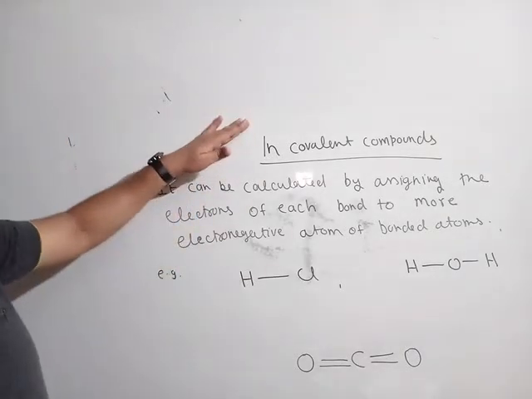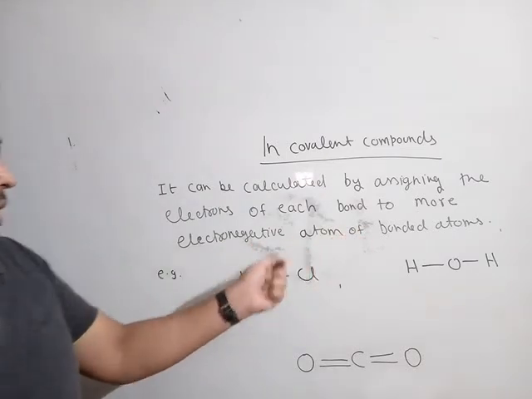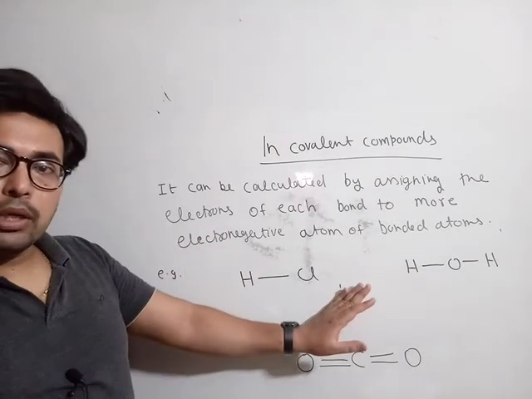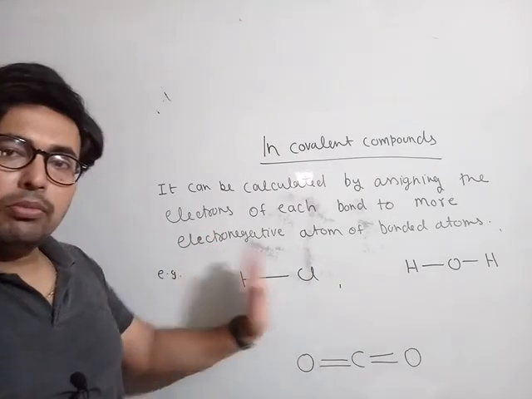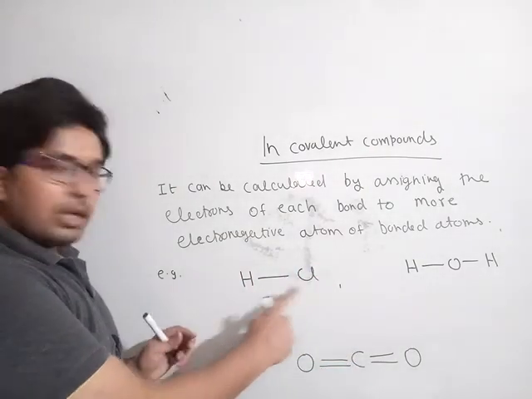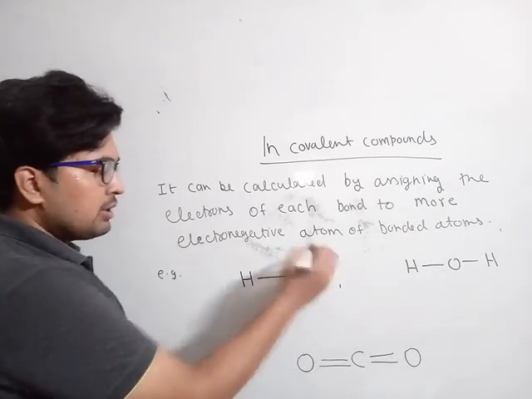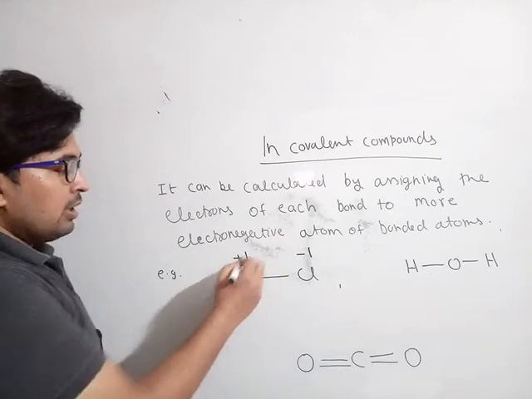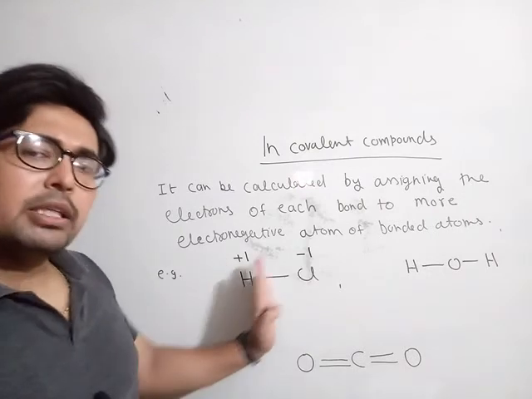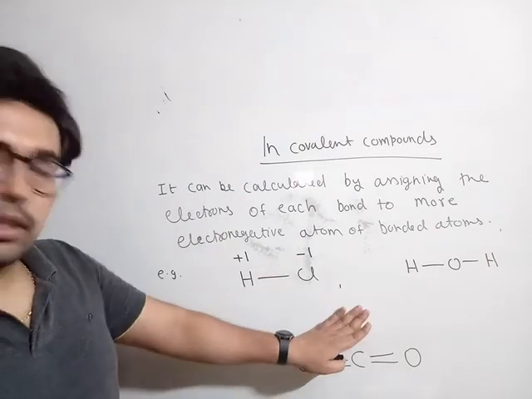In covalent compounds, we can assign numbers from the less electronegative element to the more electronegative element, or from less non-metallic to more non-metallic. As we can see here, we have one bond between them. In HCl, chlorine is more electronegative, so one bond is here, and we can give -1 to chlorine and +1 to hydrogen. As you can see, it will not actually gain or lose an electron, but there will be a partial shifting of electron. But for the sake of calculation, we are considering that actual transfer is taking place.